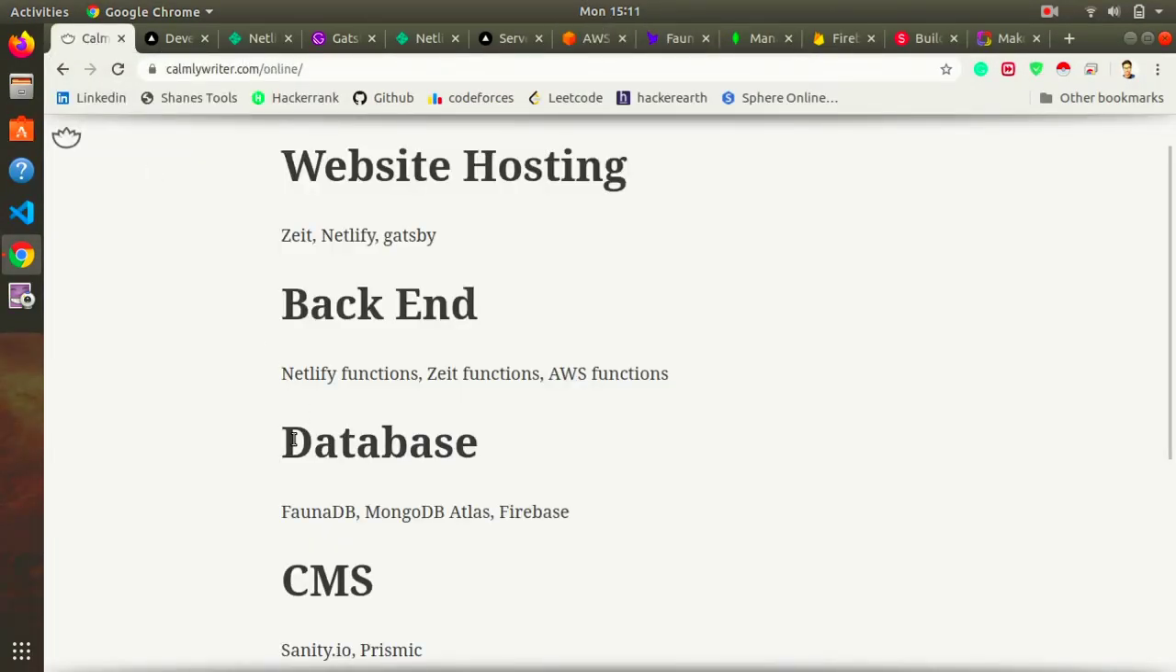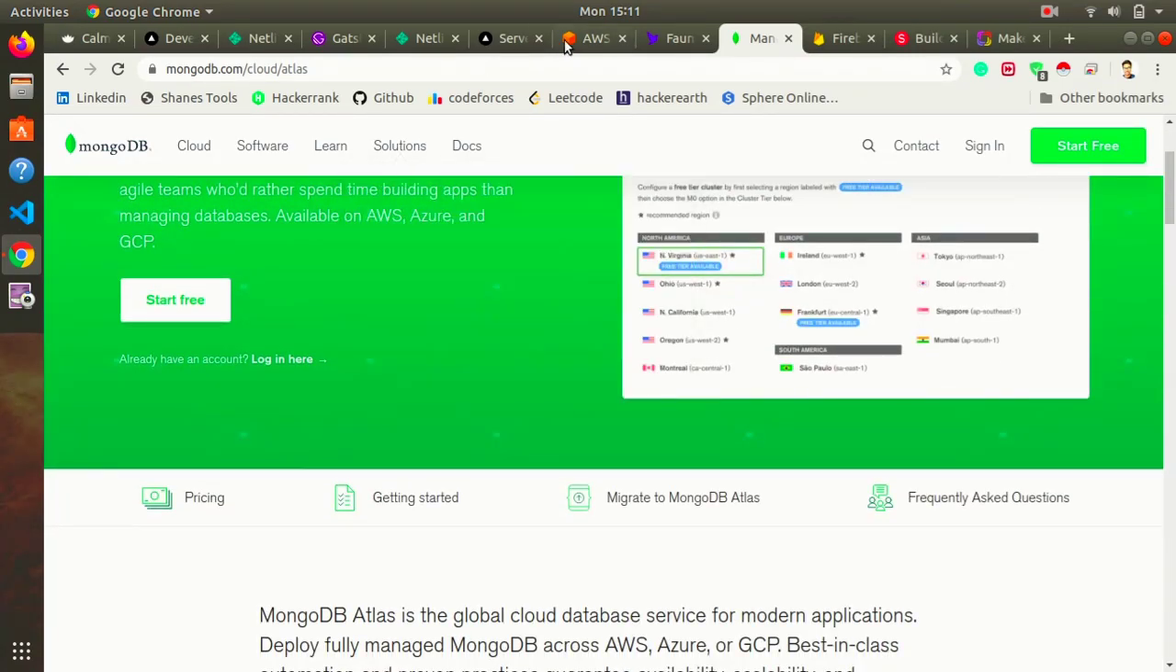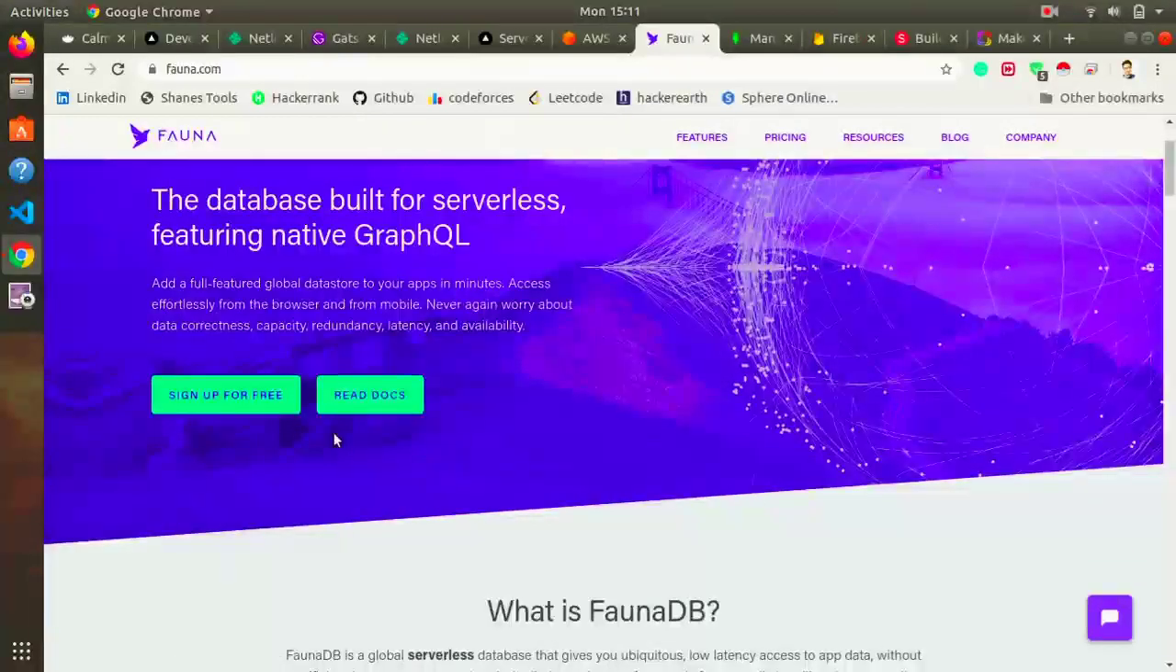Now comes the database part. A database is where you store data. For example, we could want to handle user management. There are not a lot of managed databases, but one of my favorites is